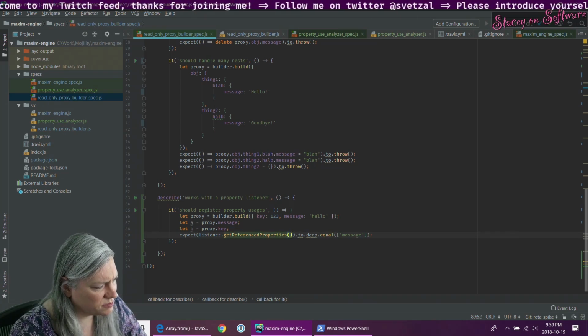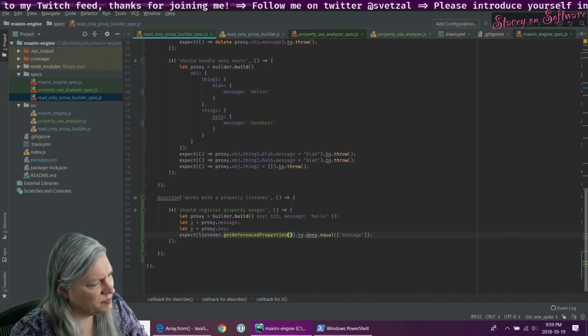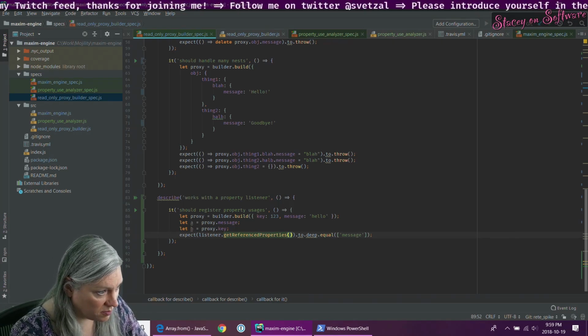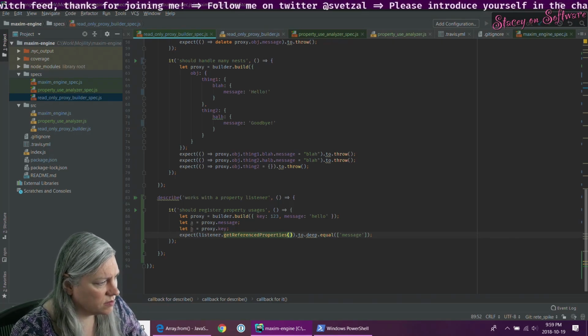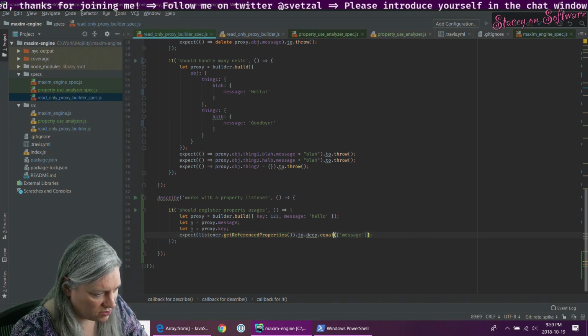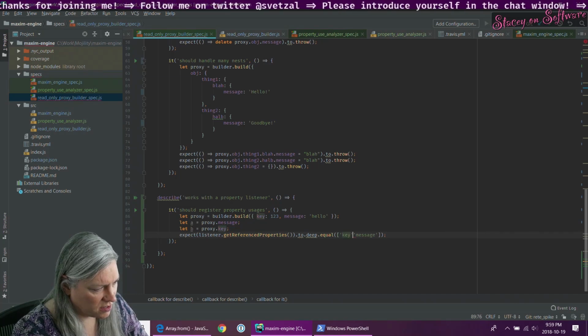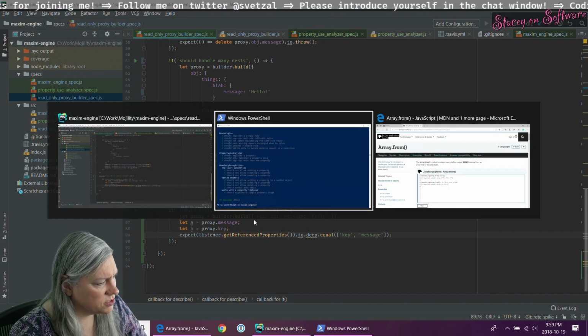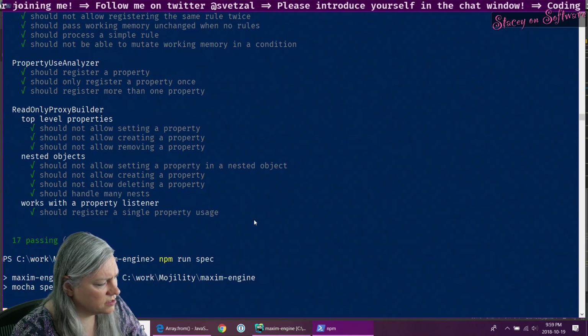This is the place just to make sure that the data is passed back and forth between the thing that I'm testing, the read-only proxy builder, and the listener. So I don't need to do much to verify that. Let's just make sure that I get both of those.